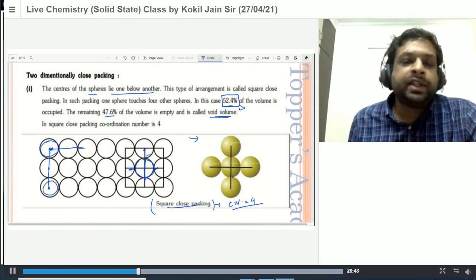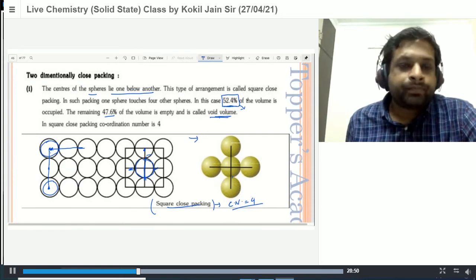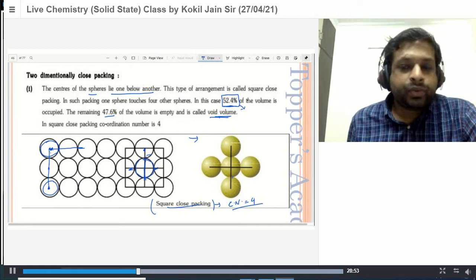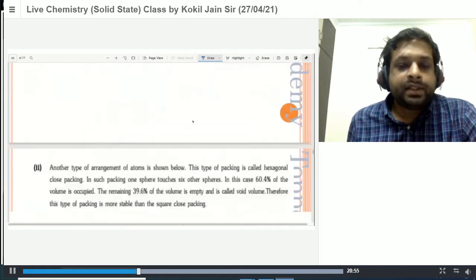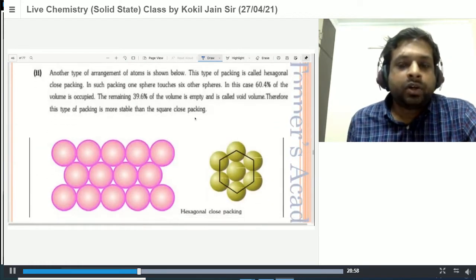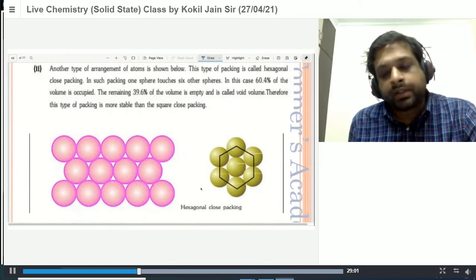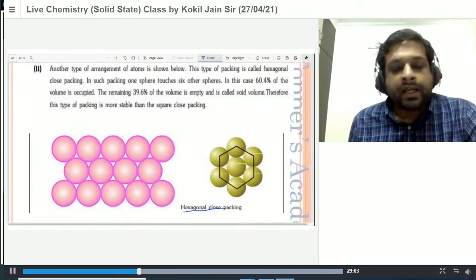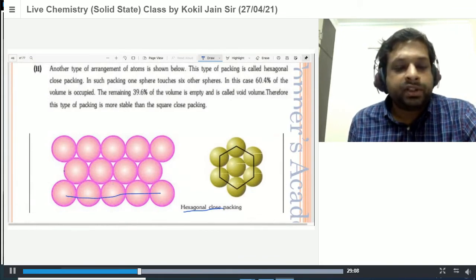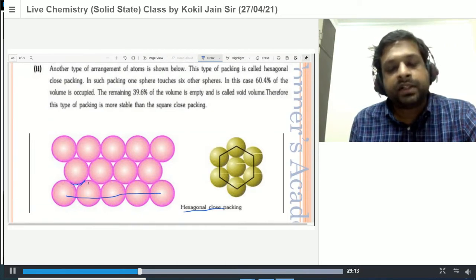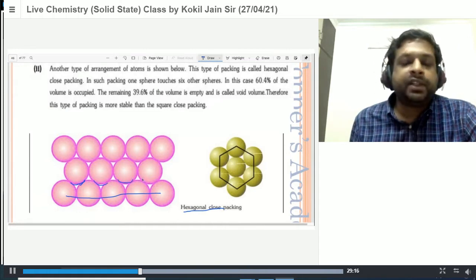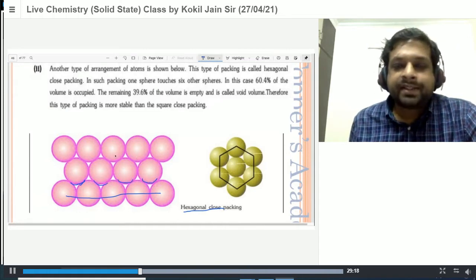Now let's see what happens in some other types of close packing which have non-directional bonding. Their structure we determine on the basis of geometrical consideration only. This is the hexagonal close packing, which we have studied in the first lecture. I have put one layer, and now I'm putting another layer just above it, in the voids of this structure, in such a way that the structure as a whole has a hexagonal arrangement. That is why it is called the lowest energy structure, hexagonal close packing.